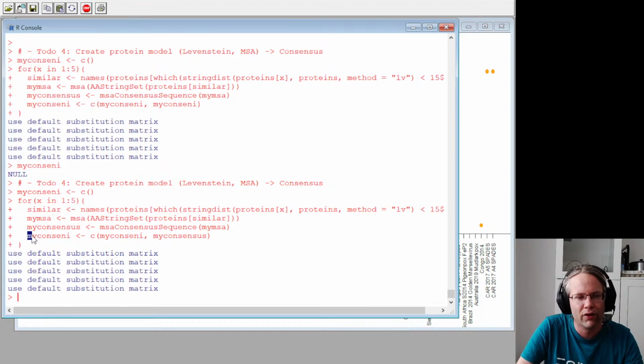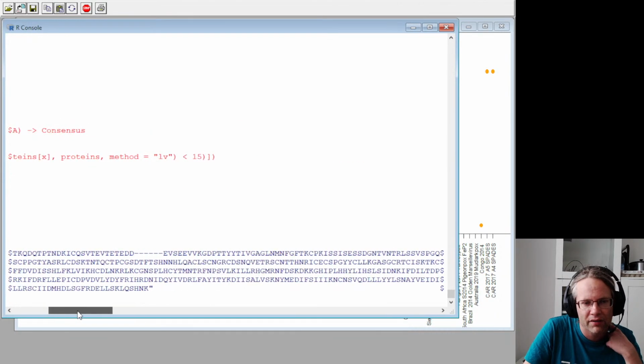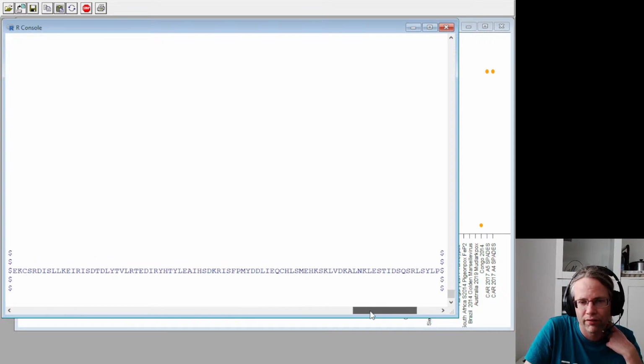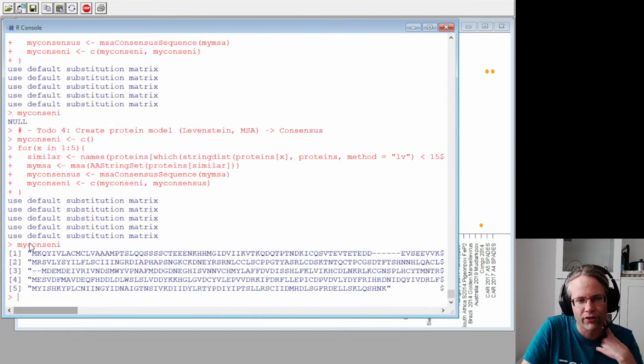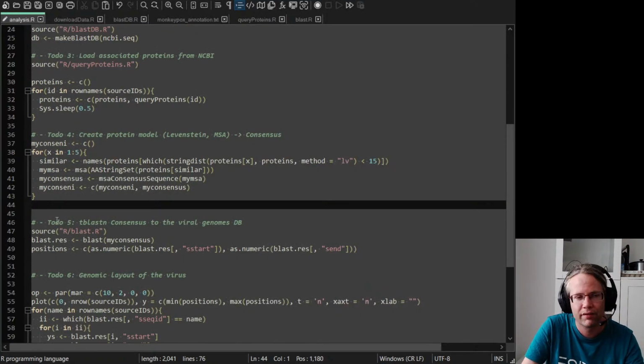All right, but if we now look at my consensi, right, we see that we have indeed 5 different consensus sequences of varying length. Some of them are perfect and other ones are not. I'm just going to have to give them names, right? So the names here are the names that I kind of want to give them. So I'm just going to say, give them names